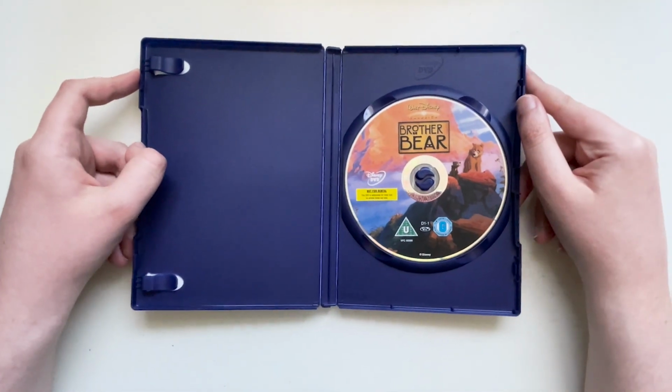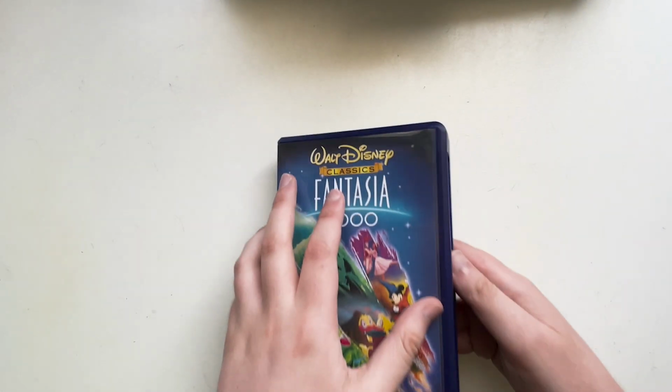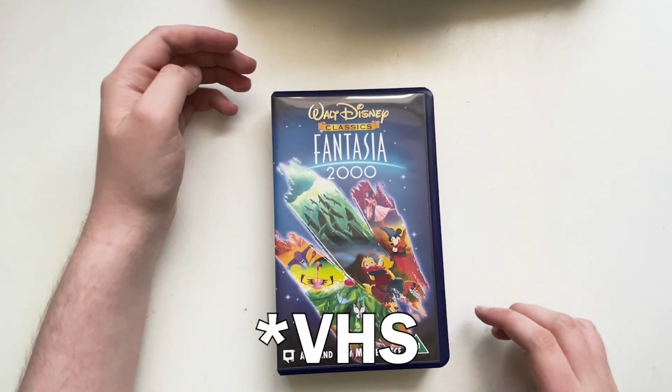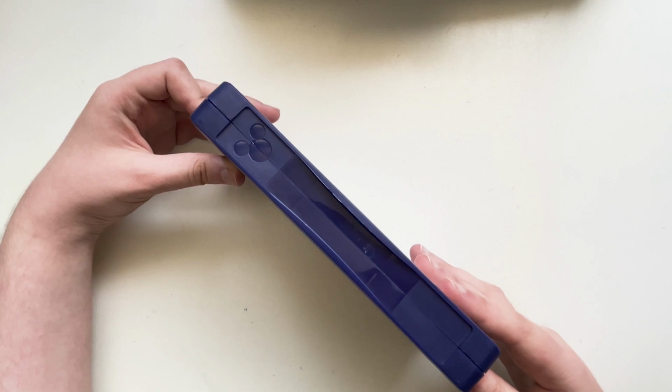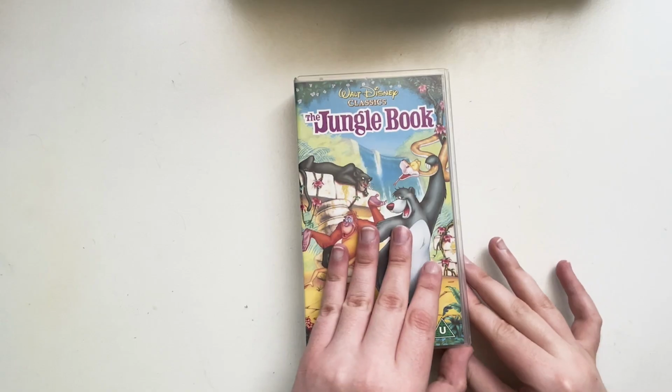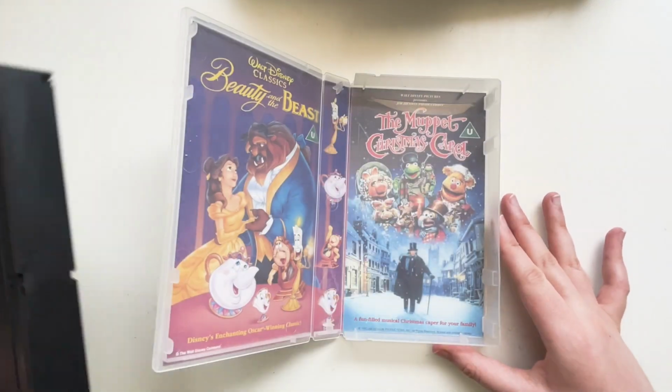But when you open the case up, you're greeted with a nice colorful label of the disc below a printed Disney DVD logo to know that this is a Disney DVD, not to be confused with a Lionsgate DVD. In fact, when Disney entered the DVD market, they also changed out the packaging here in the UK to be in line with the DVDs and also has a Mickey Mouse symbol on the side where you open up the case. But I really liked the clear packaging before it with the inside cover advertising other films around that time